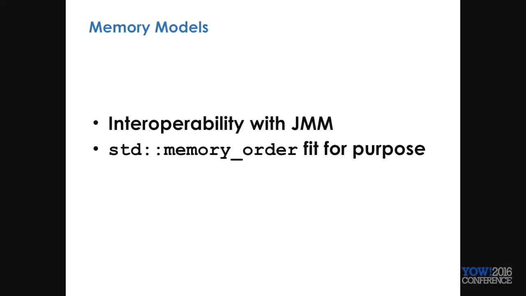So interoperability with the Java memory model is hard from a size performance, but it's also different from a memory order perspective. Memory order is fit for purpose. In other words, the memory order that you use within C++11 infers a particular type of semantic. That semantic is just ever so slightly different from Java, just enough that there is less control that you can enforce. You can make it kind of work if the size would work, but memory order is a little bit tricky to do when you're interacting with other things which have just slightly different semantics.